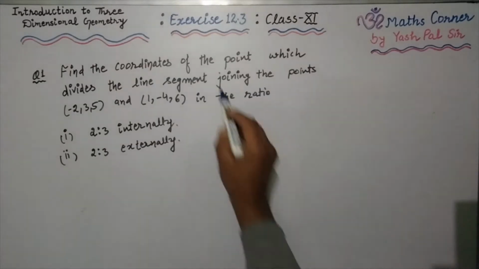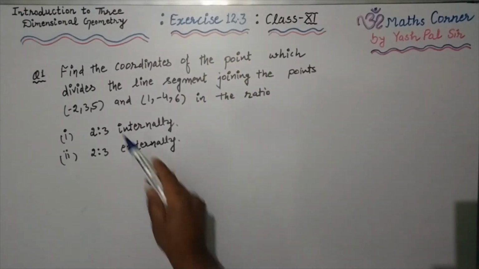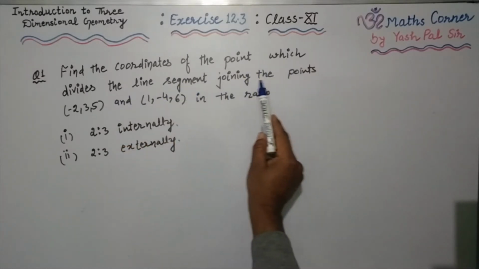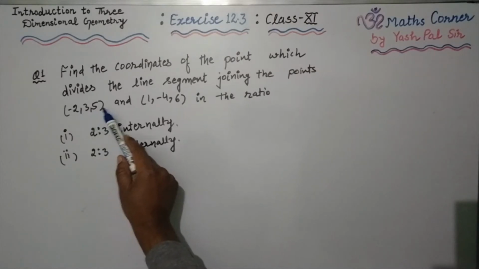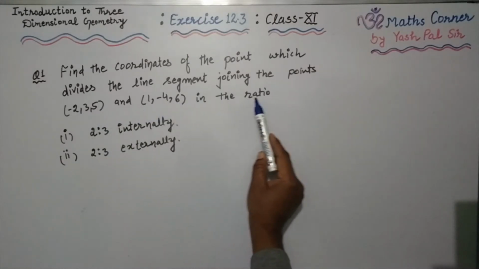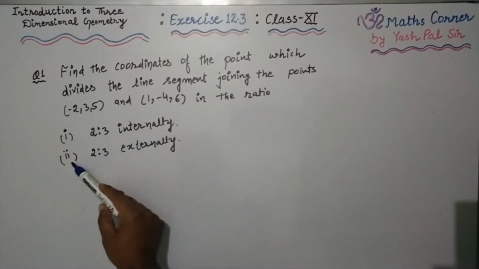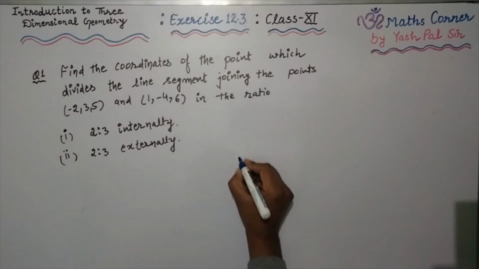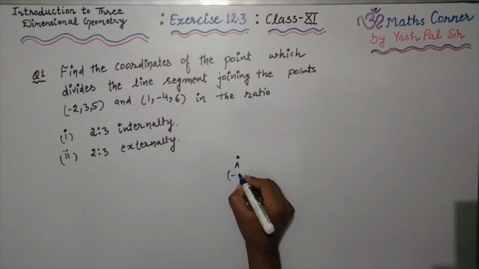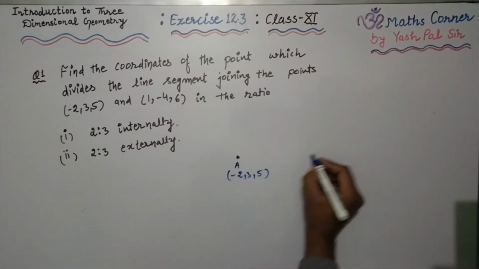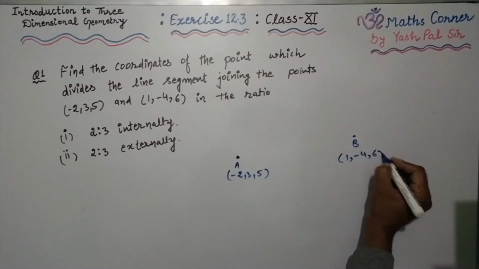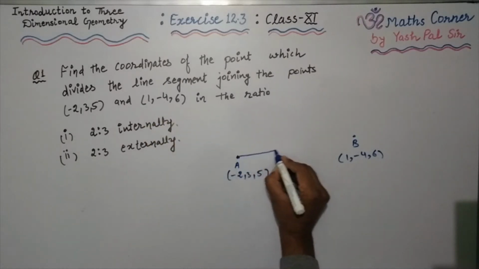The very first question of exercise 12.3 is: find the coordinates of the point which divides the line segment joining the points (minus 2, 3, 5) and (1, minus 4, 6) in the ratio 2:3, first internally, second externally. So let us proceed. Suppose the first point is A, its coordinates are (minus 2, 3, 5). This is point B, its coordinates are (1, minus 4, 6), as given here. Now joining these two points,